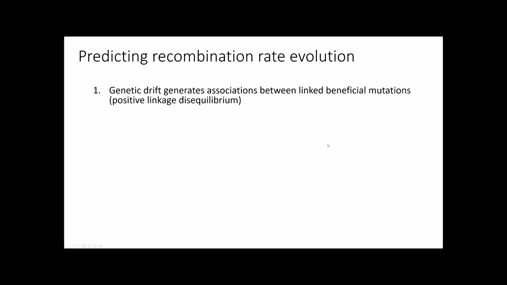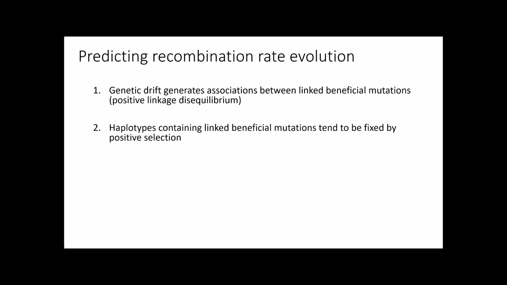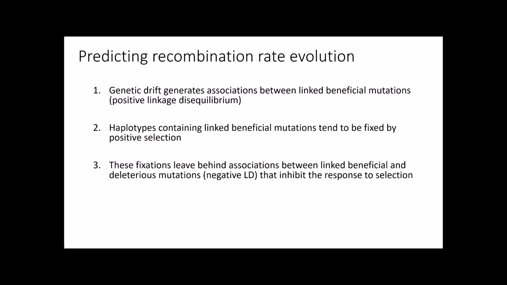So the idea is that genetic drift generates associations between linked beneficial mutations. Sometimes this is called positive linkage disequilibrium. And when this happens, haplotypes containing the linked beneficial mutations tend to be fixed by positive selection because they don't have the deleterious mutations linked to them that will slow them down. These fixations in turn leave behind associations between linked beneficial and deleterious mutations, so-called negative linkage disequilibrium, that inhibit the